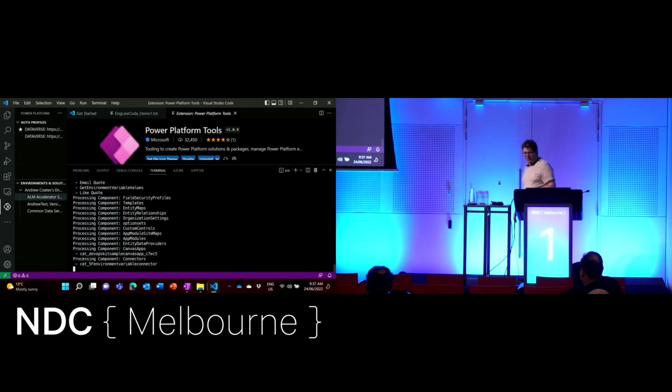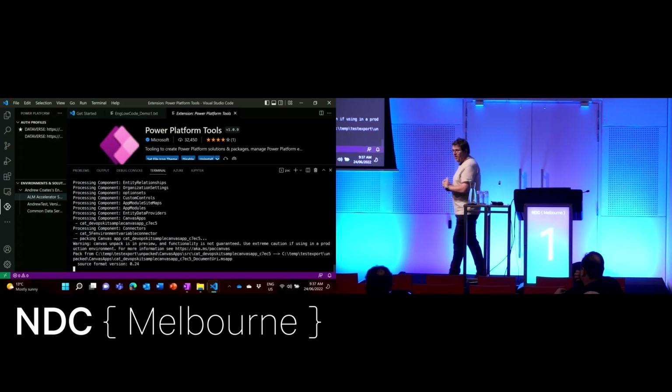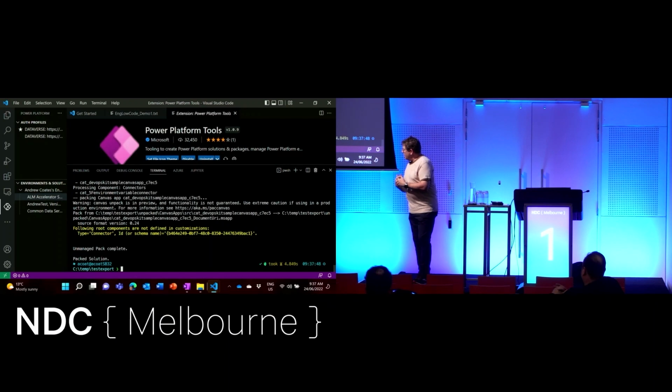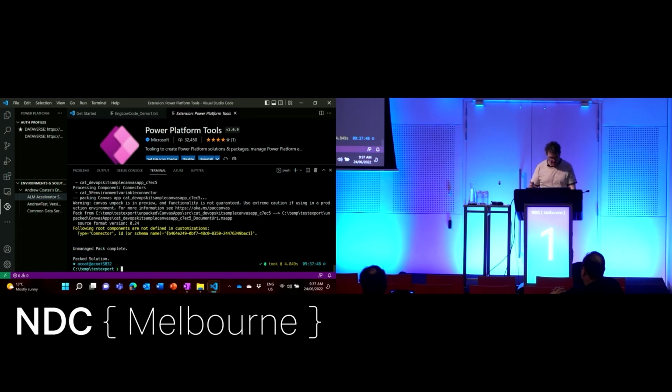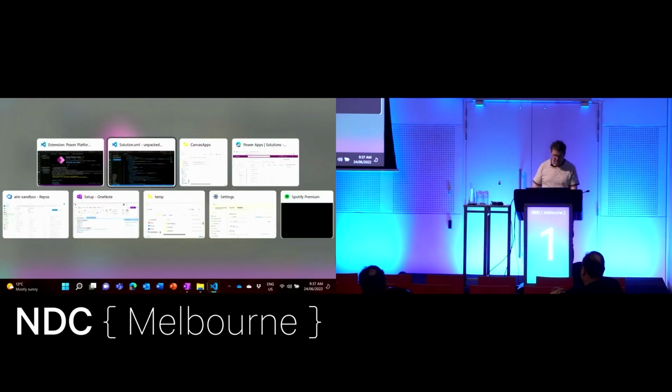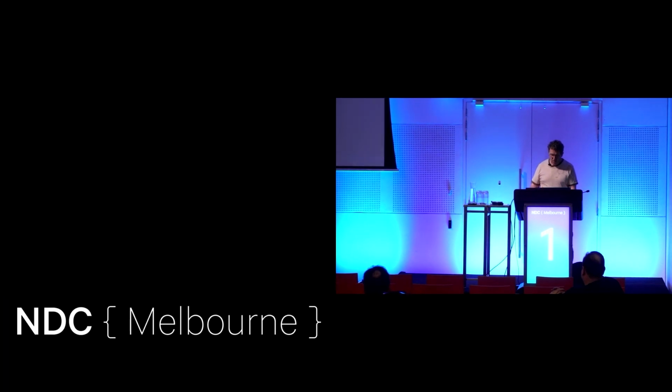What's happening now is those changes that I've made in a high-code environment are getting packaged back up into my solution so they can get deployed back into the low-code environment. And of course, I could do that by giving the pack solution import command, or I can even go in here, go back to my solutions, back to my solution, and I want to import a solution which I can browse for.